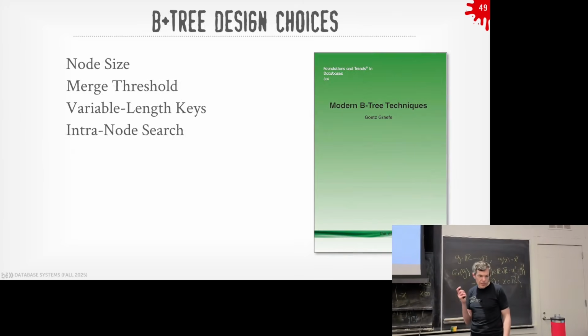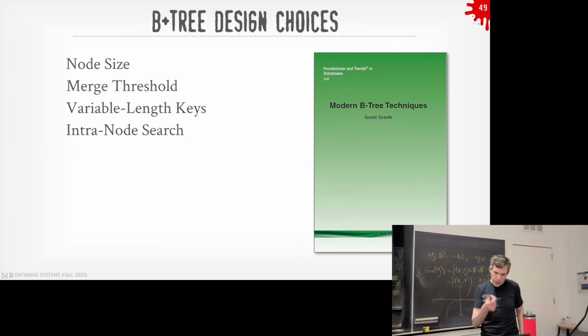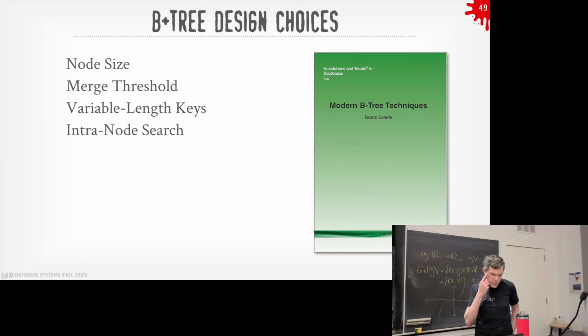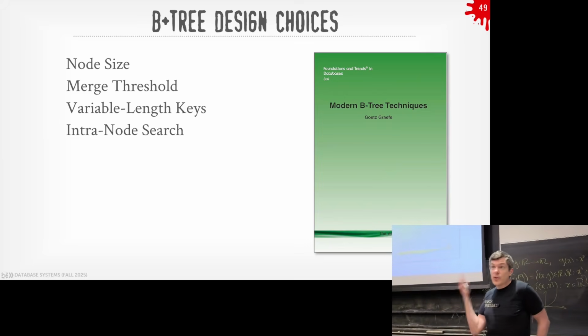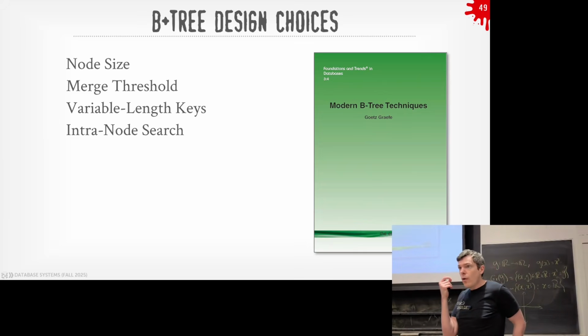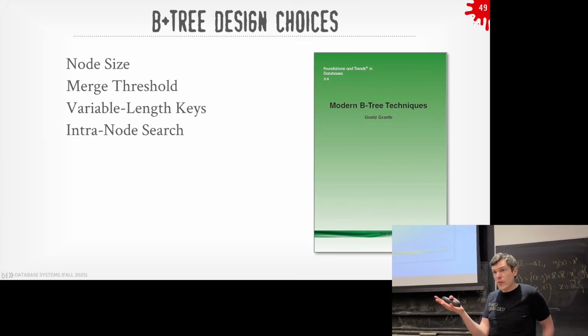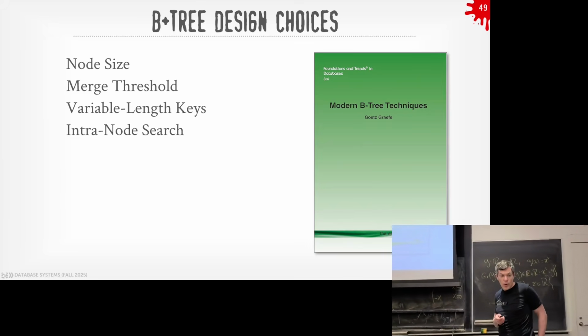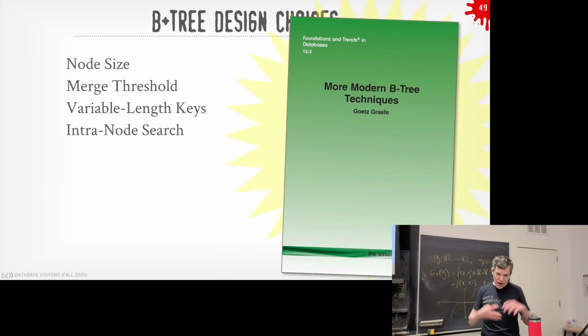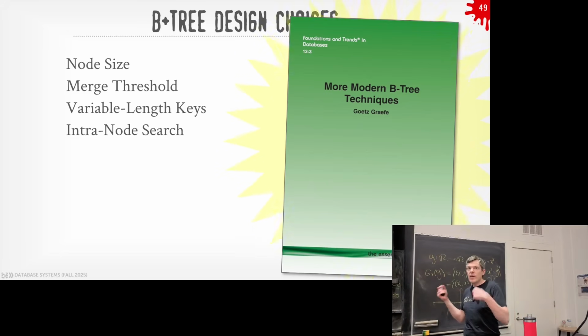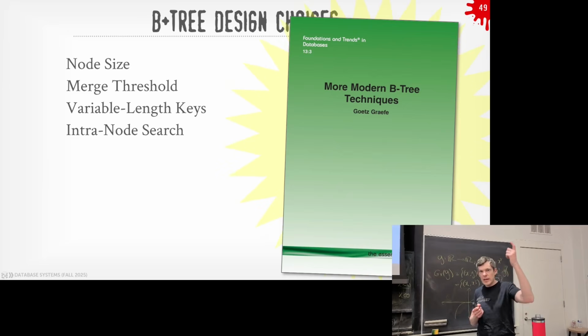All right, so let me get through the node design choices. Like I said, I want to plow through as many optimizations as we can. These ones are pretty straightforward. And again, just to reiterate how important this data structure is, there's a book written about 10 years ago on modern B+Trees. Here's a data structure from the 1970s, but here are all the modern incarnations and optimizations you can do to make these things go better. It's so important that they wrote a second book that came out last year on more modern B+Trees. And the guy that wrote this, we're going to see multiple times throughout the semester, he's going to invent the iterator model of the Volcano query processing model.